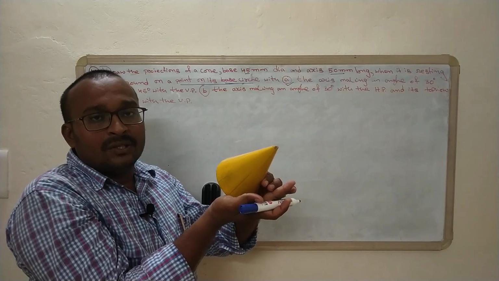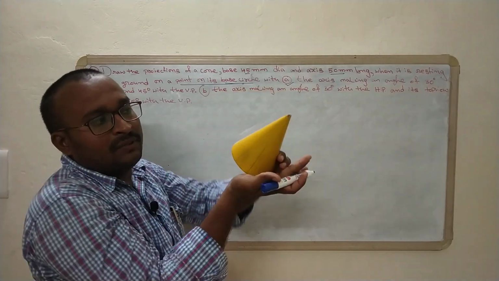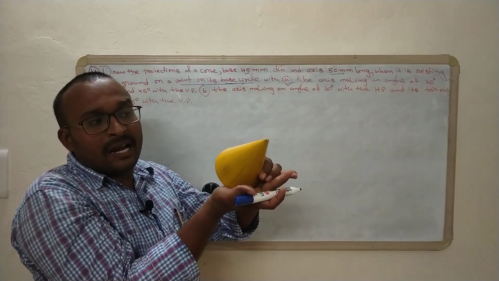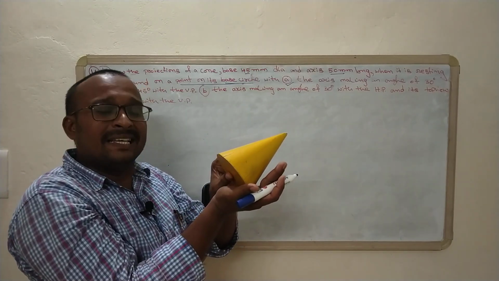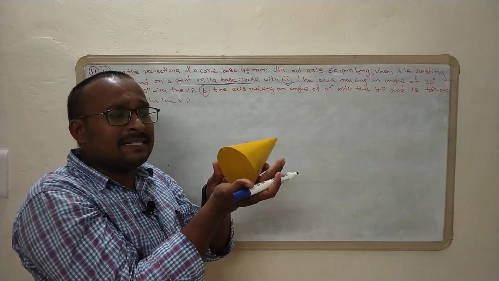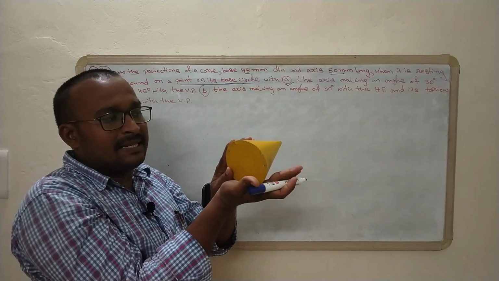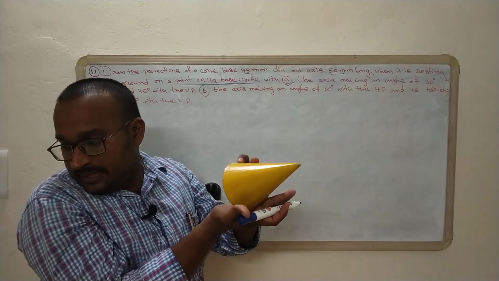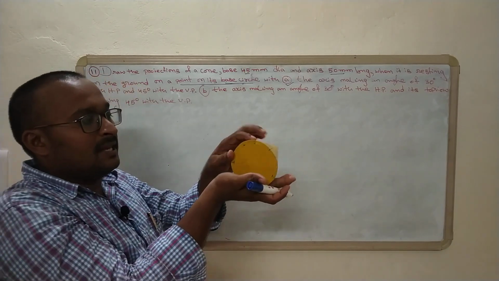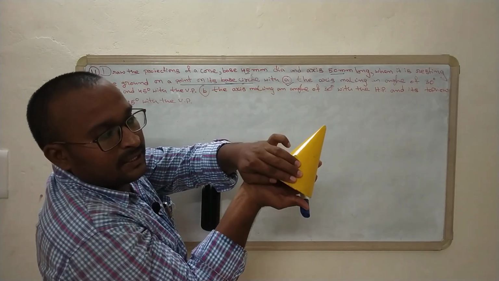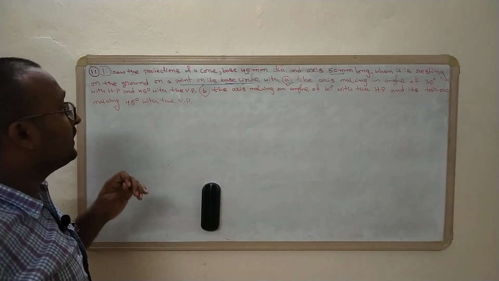Here this is the finalized front view and this is the finalized top view of the given problem, when the apex is far away from the VP. So here the apex is far away from the VP. If suppose in the problem they ask for the apex nearer to the VP, then this is the front view and this is the top view of the given problem, right? So here it is the front view and then the top view when the axis is making an angle of 45 degrees with VP also.